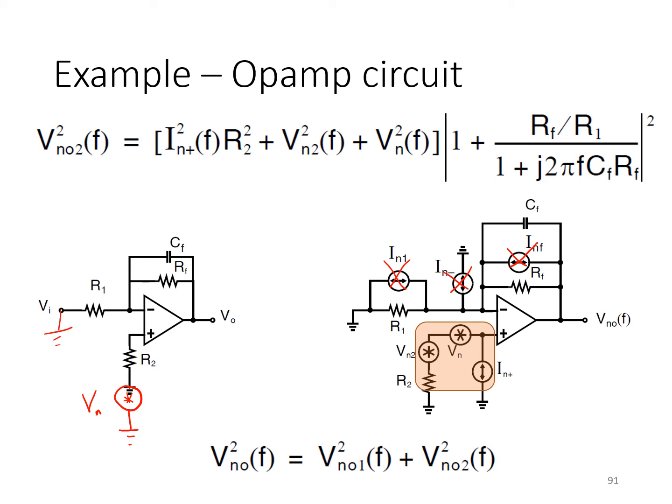In the case of IN plus, then that too can be modeled as a voltage noise source simply by taking the Thevenin equivalent of IN plus in parallel with R2. So the analysis for all three of those sources would boil down to the circuit shown here on the left. The resulting output noise is then this voltage noise spectral density